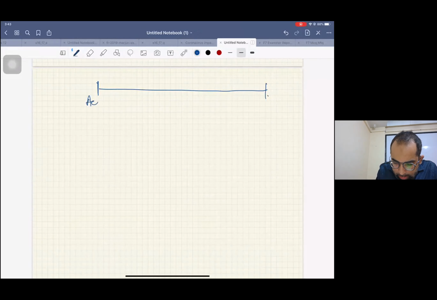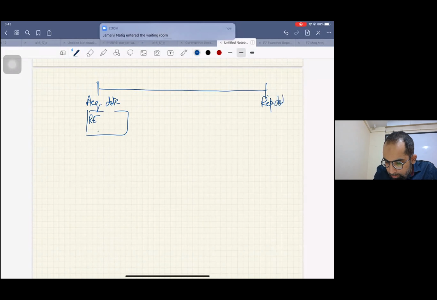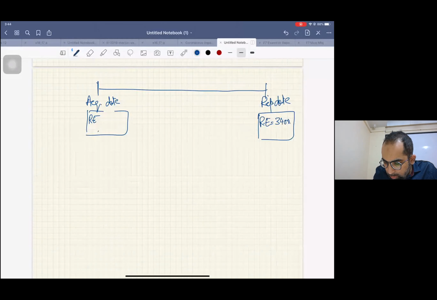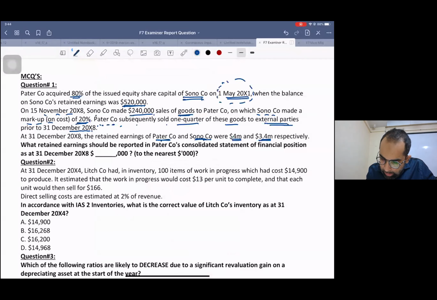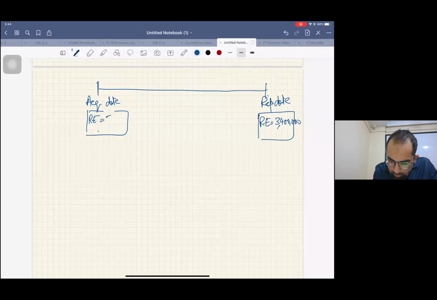This is the acquisition date retained earning. This is the reporting date retained earning. This is 3.4 million, that means 3400, I'm writing with actual zeros. And the acquisition date retained earning was 520,000. Okay. So first step,